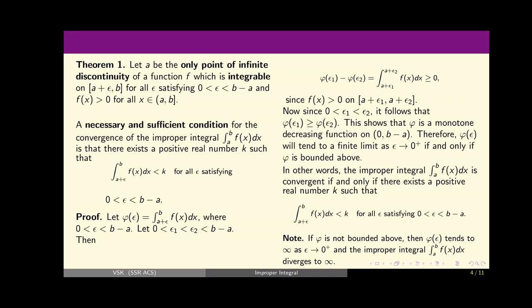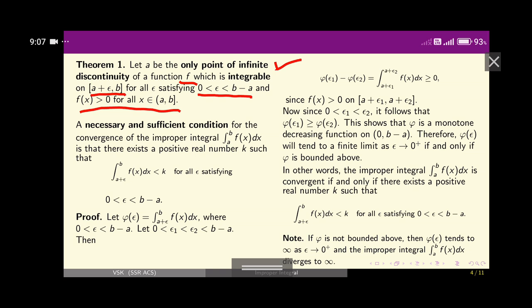So let us see the first theorem. What are the important points? Let a be the only point of infinite discontinuity of a function f, which is integrable on the closed interval a plus epsilon to b for all epsilon satisfying this inequality, and f(x) is greater than 0 for all x belonging to (a, b]. If these are the assumptions, then a necessary and sufficient condition for convergence of the improper integral